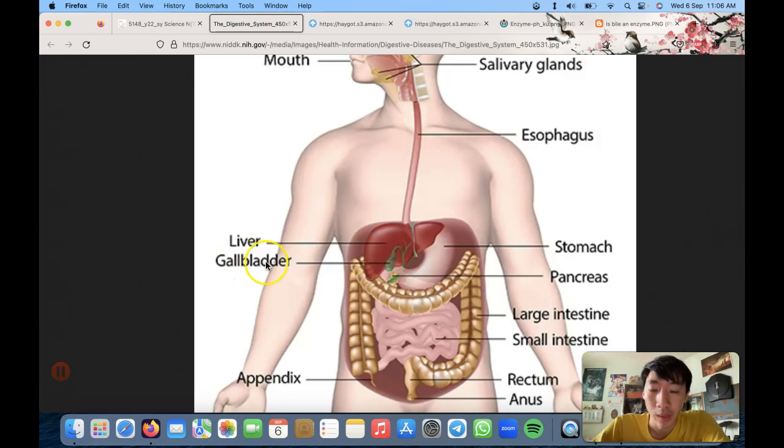Okay, so the bile is stored in the gallbladder. Please be careful of the word gallbladder, not bile bladder. A lot of people tend to get confused by this word. It's actually stored in the gall. Why is it called gall? I'm actually not very sure why. This is just a name, it's called gallbladder.